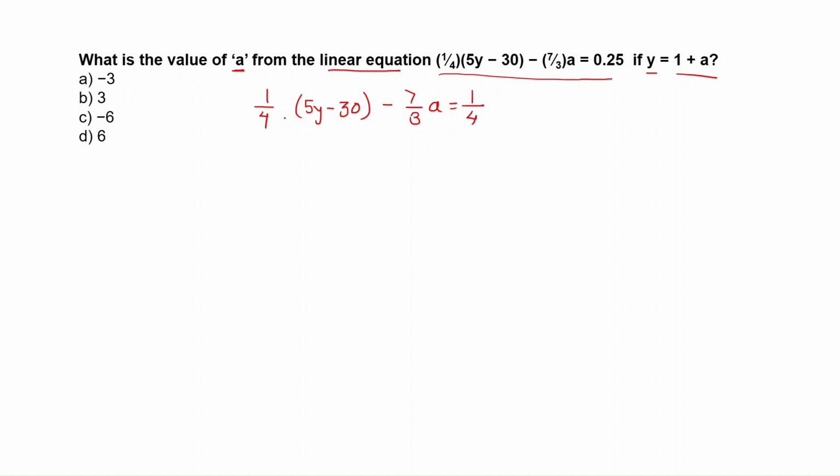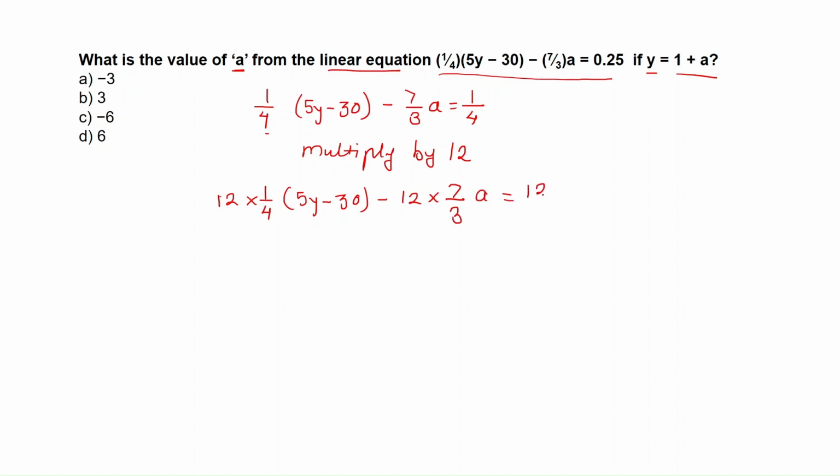Now, if you observe the denominators 4, 3 and 4. So, if we want to eliminate these denominators, what we will do? We just multiply by 12. So, we will multiply each term by 12. Okay, just write it down. 12 into 1 upon 4 into (5y minus 30) minus 12 into 7 upon 3a is equal to 12 into